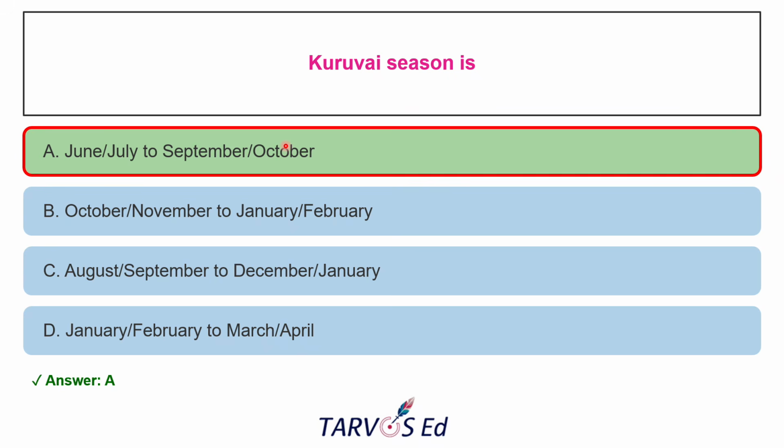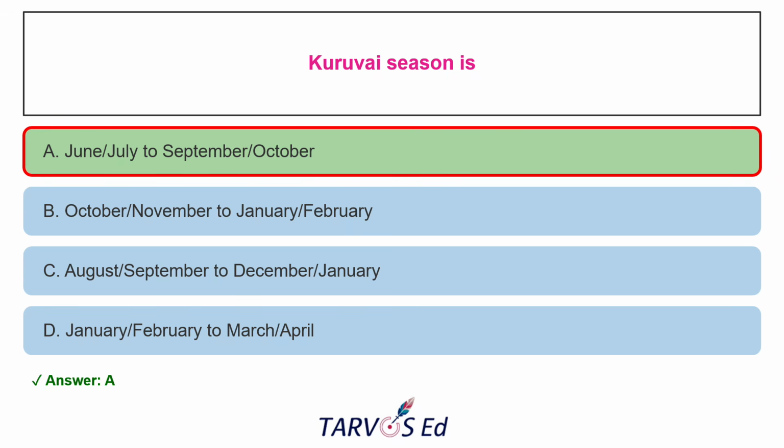IR varieties like IR 50, IR 64 and ADT 36 and 43 can usually be grown in this season. Whenever you are studying a season, you should also remember the other two seasons. Kuruvai, Samba, and Thaladi are the three different seasons. Kuruvai is the short term, Samba is the long term, and Thaladi is the